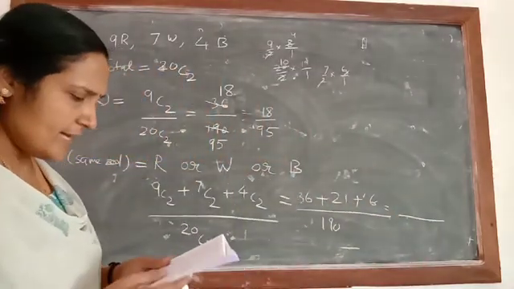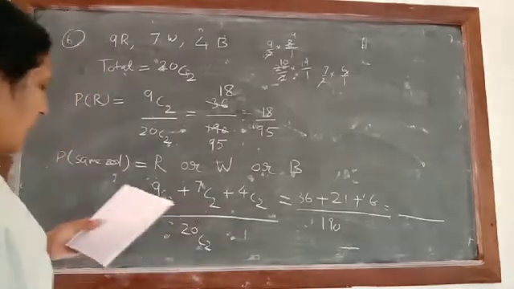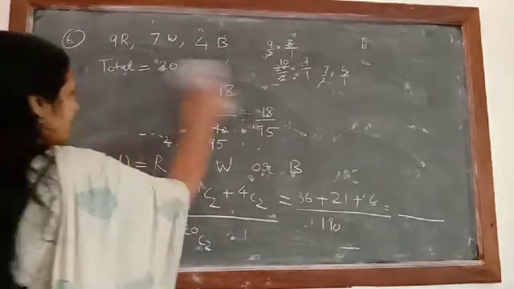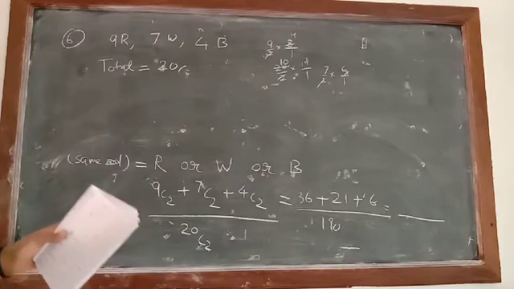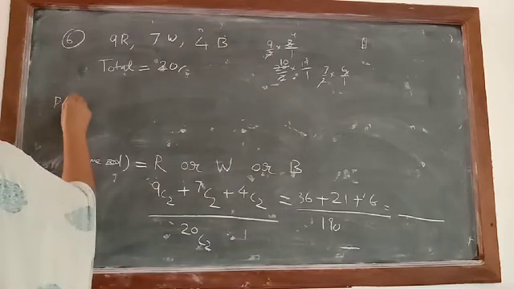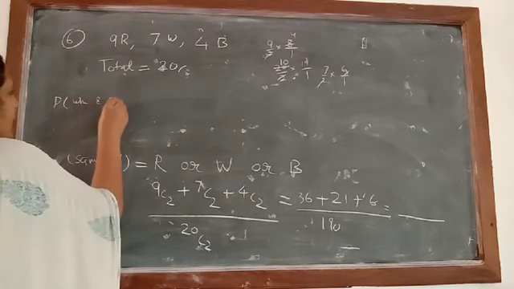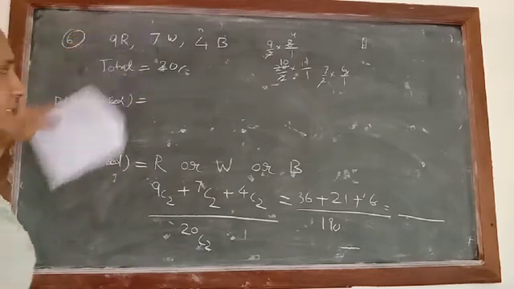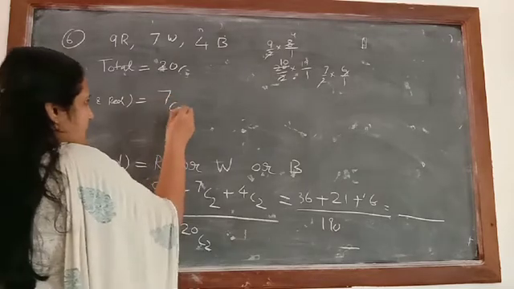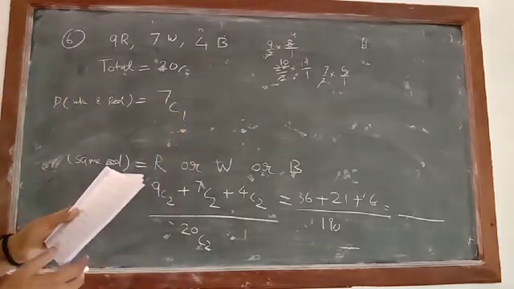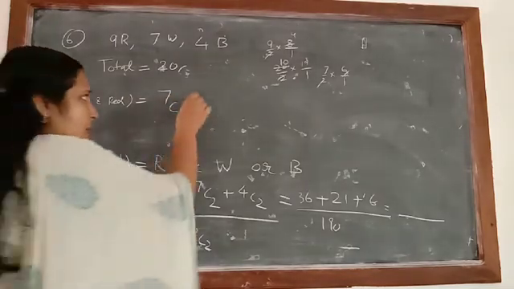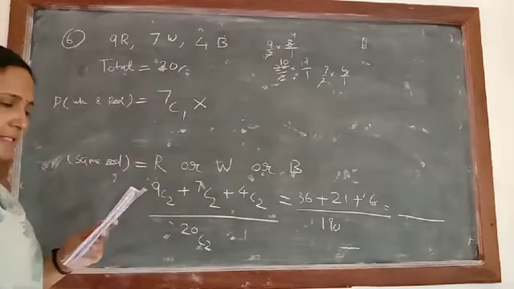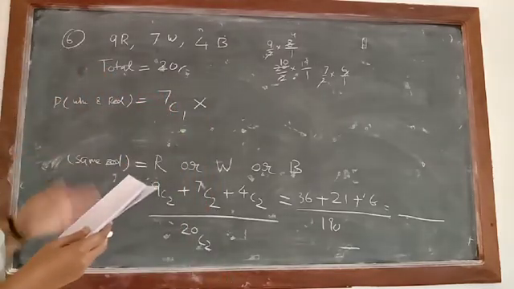Okay. Then next condition is written, one is white and other is red. So one ball should be white. So probability of white and red there. So one should be white. How many white we have? 7. So out of 7 I have to select 1. 7C1. And "and" is there means what will come? Multiplication will come. And the other is red.